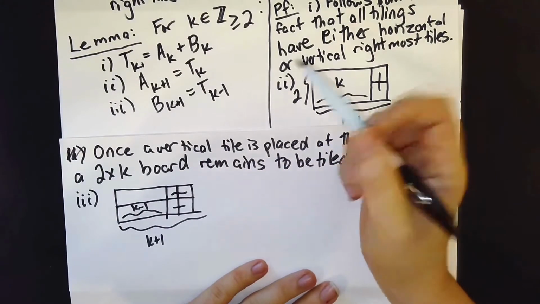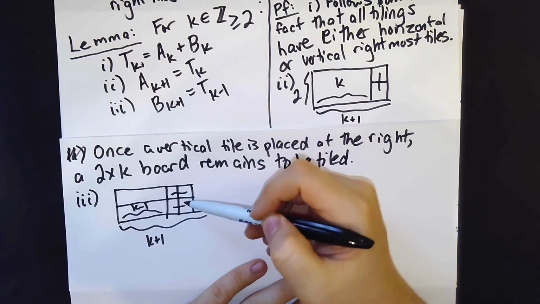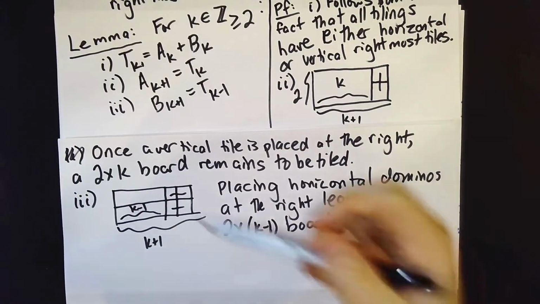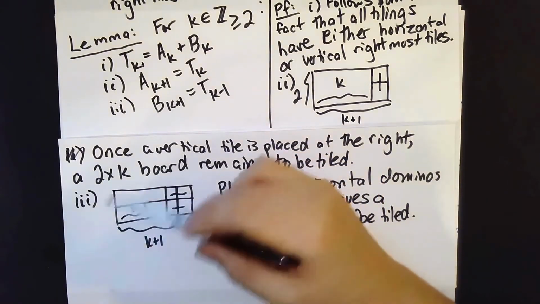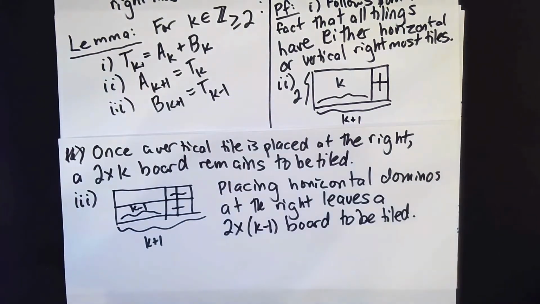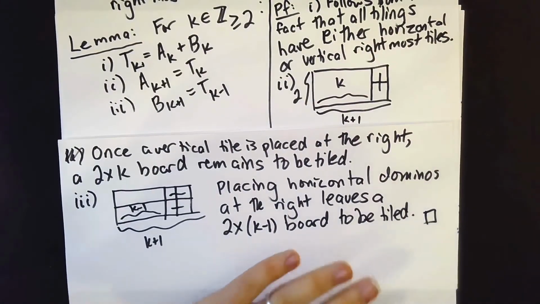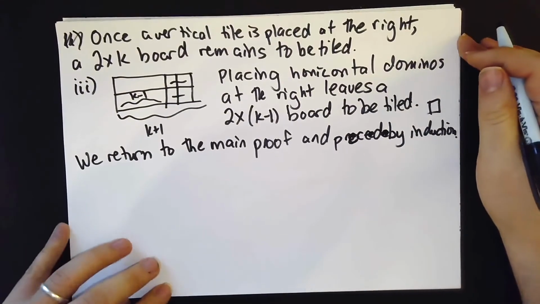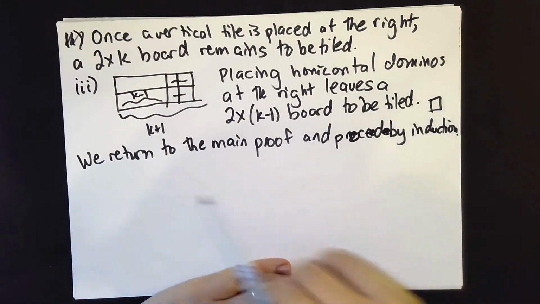So what about a 2 by k+1 board where I put horizontal dominoes at the right? Well, once I place these two dominoes here horizontally, then I have a 2 by k-1 board left to tile. And so that proves every piece of the lemma. And so now we're ready to get back to the proof of the main result. So we can put our proof box there for the lemma and say we return to the main proof and